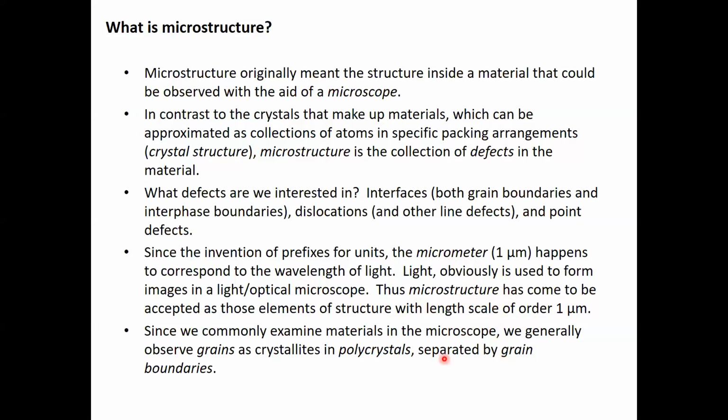in the microstructure of materials that we're interested in. Since we've been observing these in metals, we mostly see grains as crystallites in polycrystalline material, and these grains are separated by grain boundaries. Oh, I forgot to give a shout out to Carnegie Mellon University, where I got a majority of these slides